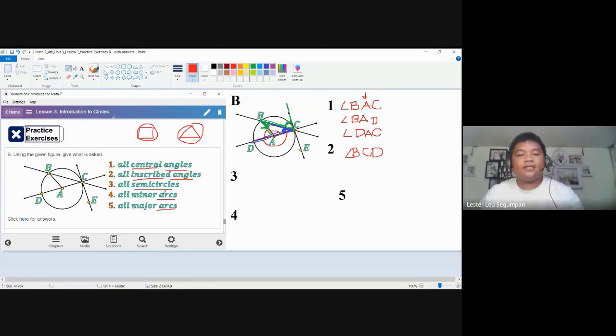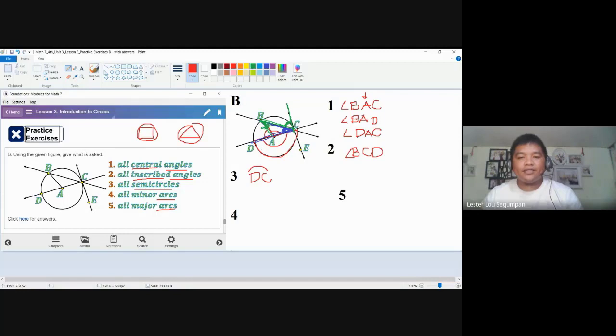In this case, we have this semicircle here, which is DC. And the proper notation for semicircle is this curve here. This means it's the curve DC, or arc DC or arc CD, which is considered to be